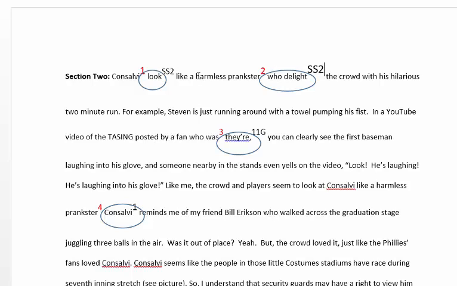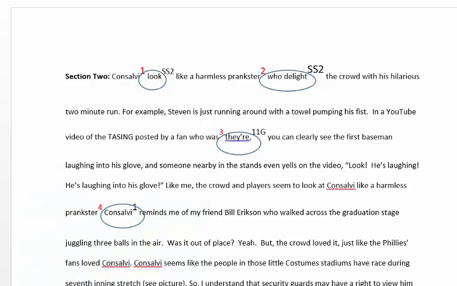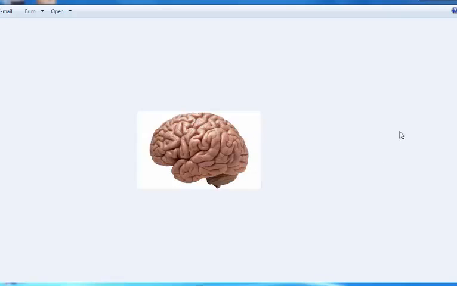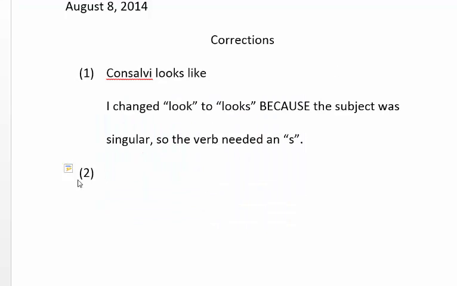Sometimes people ask me, well, hey, since it's the same type of error, do I actually have to write 2 different corrections? And my answer is yes, because what we're working with here is your brain. And there it is. It's a nice brain. And your brain needs to repeat things again and again and again in order to remember them. So yes, on the corrections page, Josh does need to write